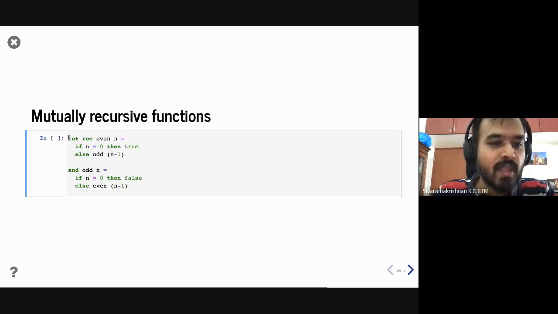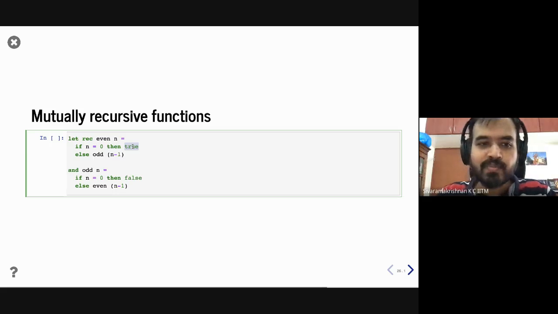So what are we doing? Let's just look at the definition of even for now. Even is a recursive function that takes an integer n. If n is 0, then we know 0 is even, so true. That's the base case. And now let's look at odd. Let's ignore this for now. If you give me an n, and if n is 0, then we know that 0 is an even number, so you return false. So these are the two base cases for the two functions, right?